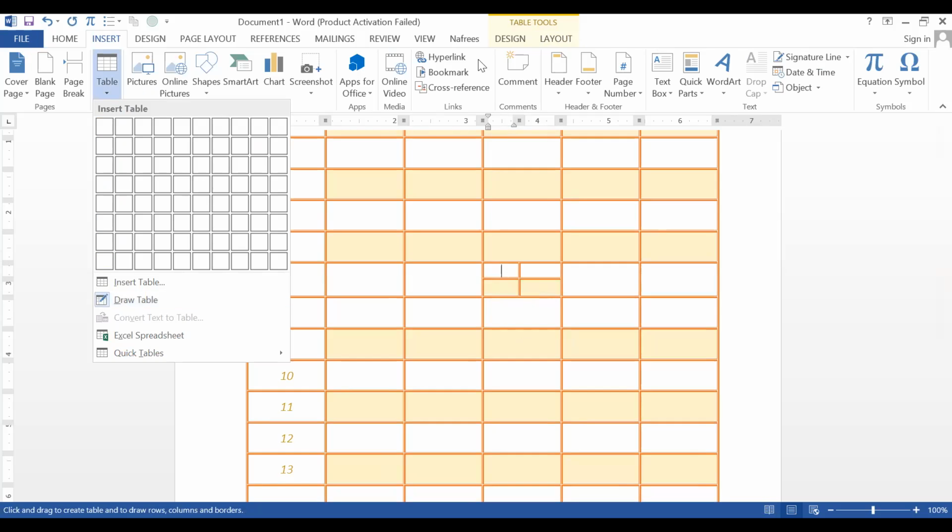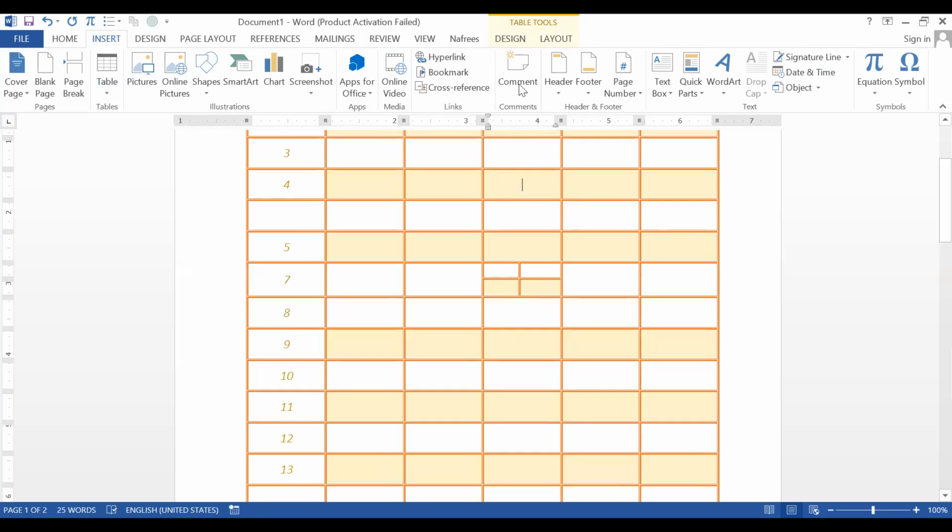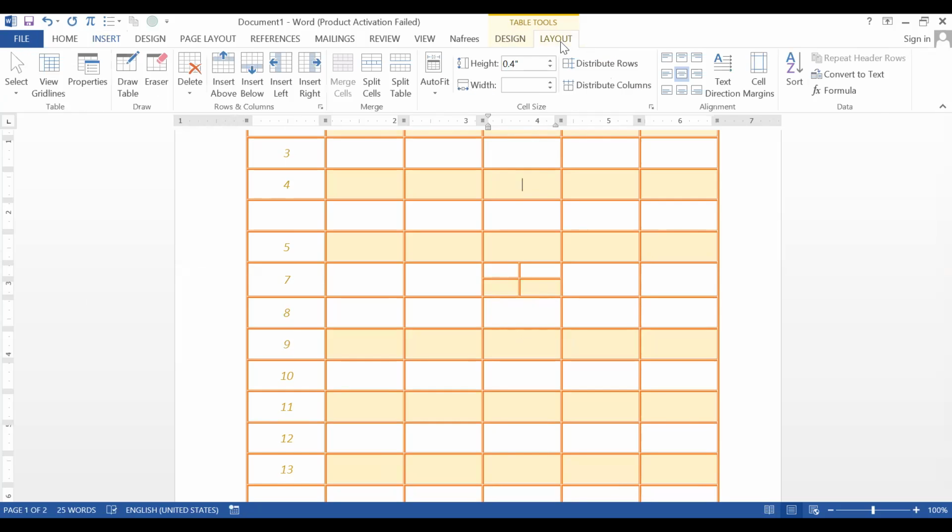Click this one, or else click inside the table and go to the layout and look at here. There's an option here also. This is also used to create the table here. So select this one and you can create anything you wish using this draw table option. Okay.